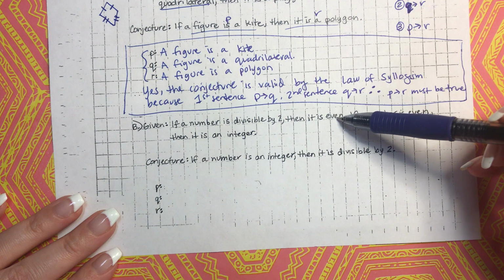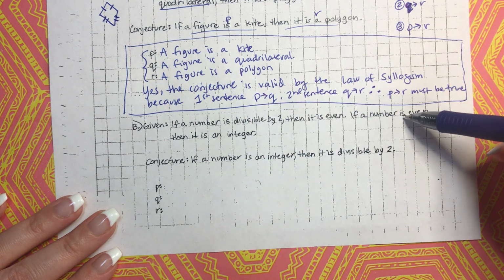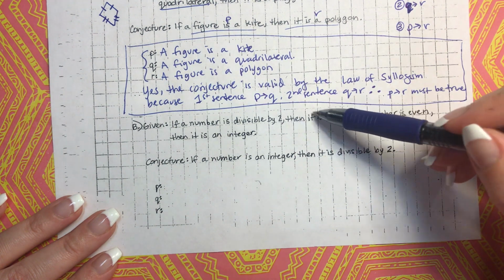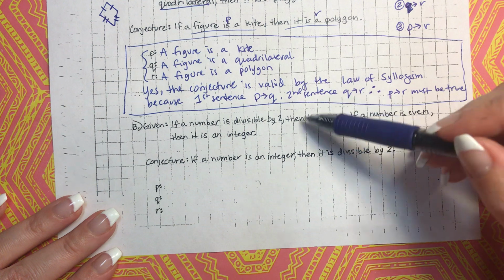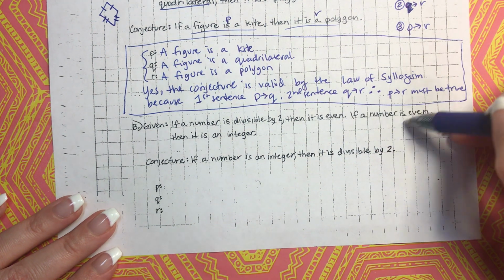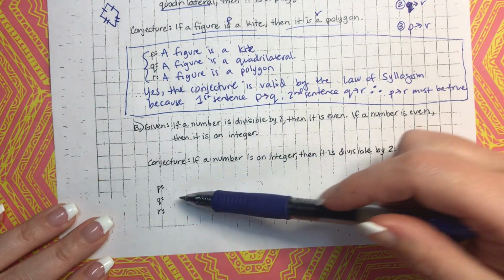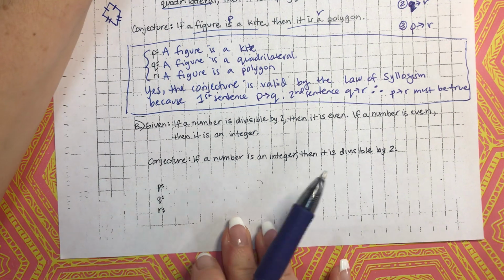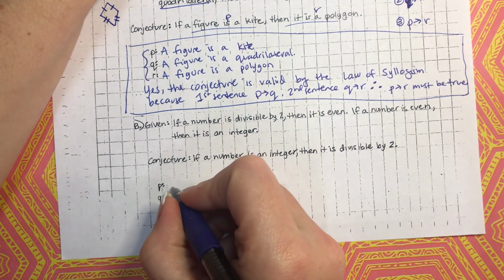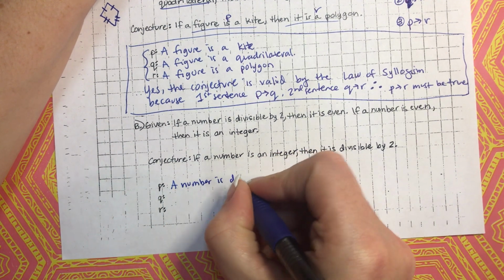Then it is even. This would be our P, this would be our Q. Is this Q? If a number's even. Yes, it is. That's the start. So it ends the first sentence, and that ending of the first sentence must start the beginning of the second sentence. And it's true, right? So let's go ahead and write down what our P, Q, and R are. So if a number is divisible by 2, that's going to be our P. So a number is divisible